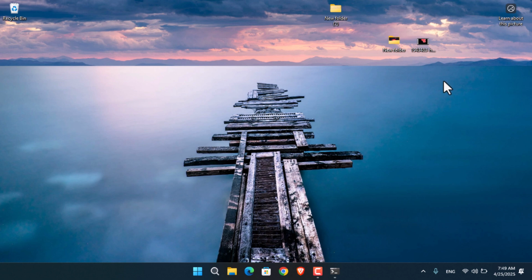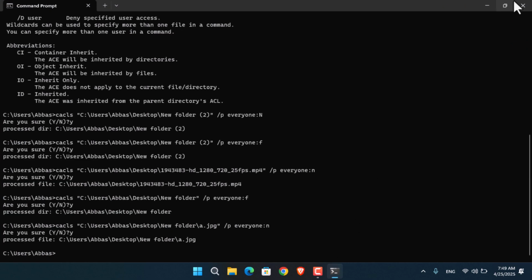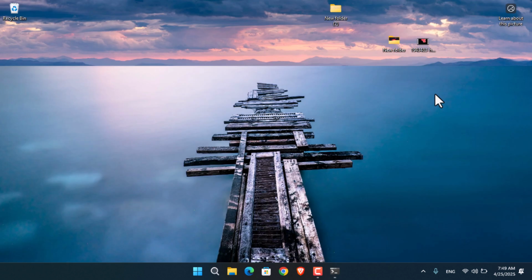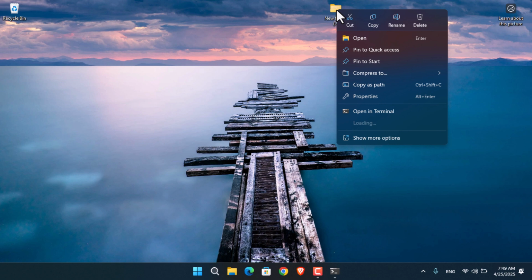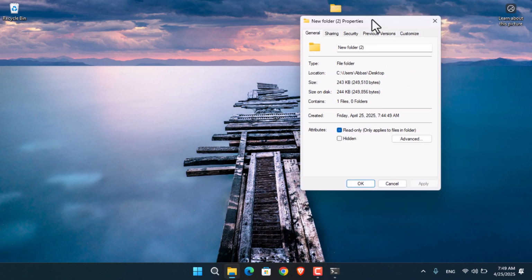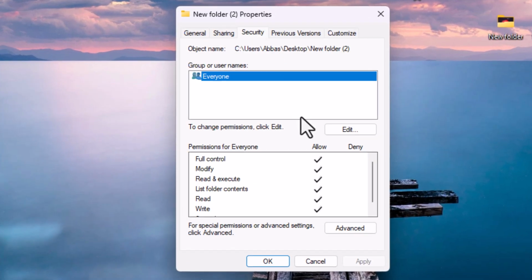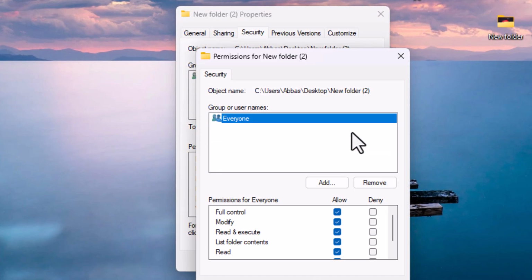Now what about the graphical user interface method, right? Every time doing it using the CMD, it is a hassle, so it is not a good idea, right? So to do it using the graphical user interface method is also simple. Just right click on the file or the folder that you want, go to properties, after that go to the security tab, followed by that you have to click on edit, and from here you can see the group or